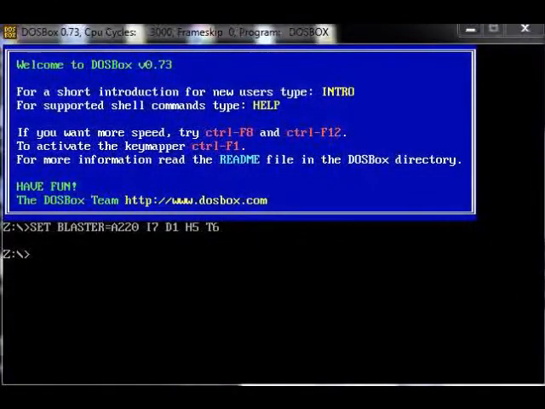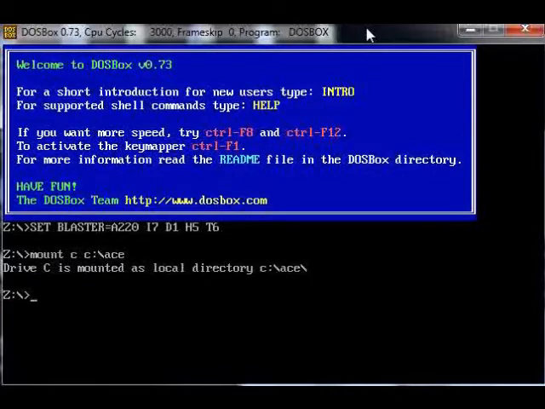So once you have your file for ACE in your C drive, you open up DOSBox and you type in the following: mount C C:/ACE. And what that does is it tells DOSBox to recognize this particular folder as the C drive, which it will do. Okay, so now it takes us back to the Z drive command prompt, and we just type in C: